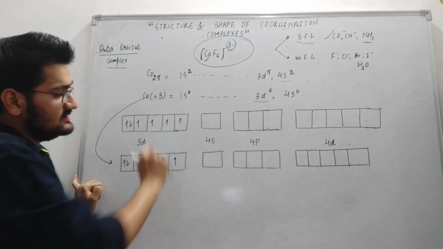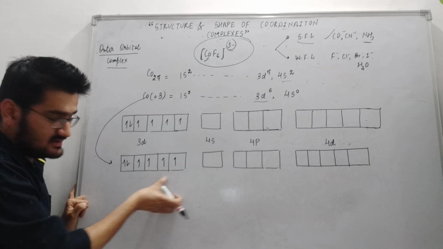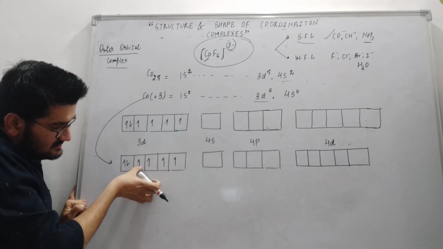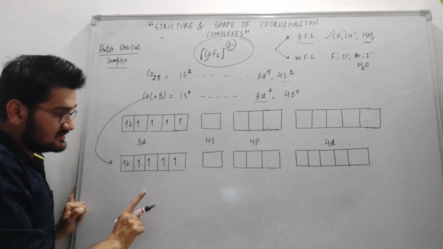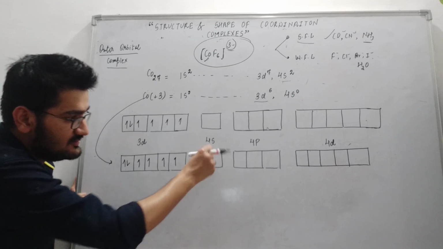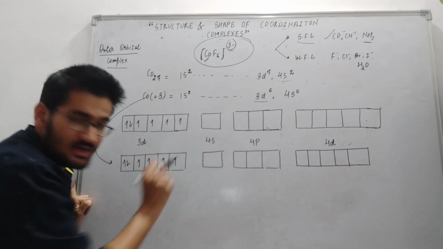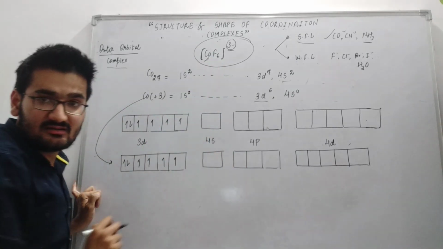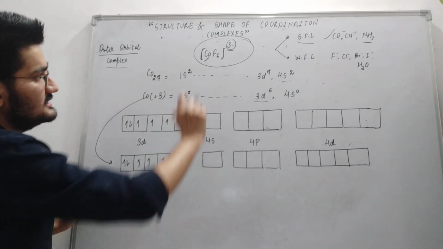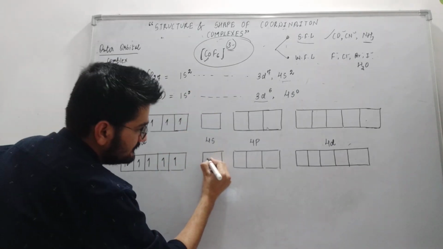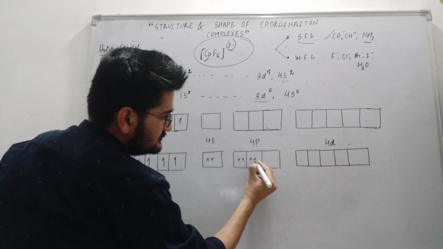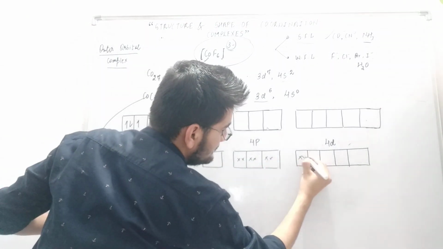So there are 6 ligands. So these are empty. These are not perfectly empty. Only one electron is there, and we want the whole box empty so that we can fill the 2 electrons from these ligands. So the 6 fluoride ions will donate their lone pairs, 2 electrons to each box. 1 box, 2, 3, 4, 5 and 6.